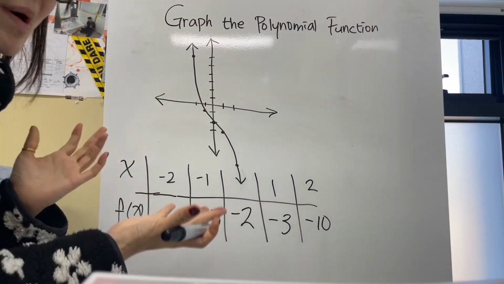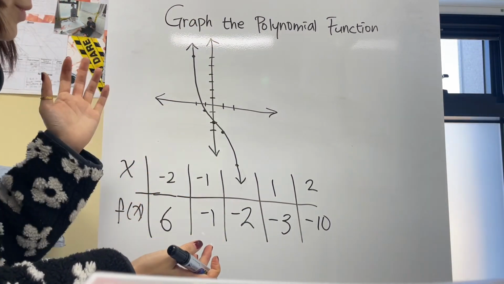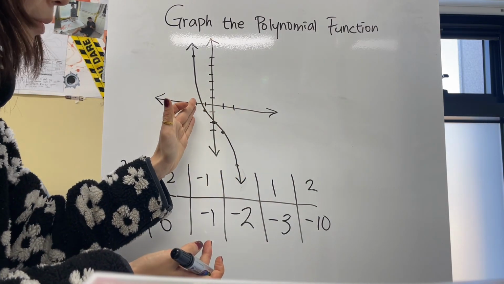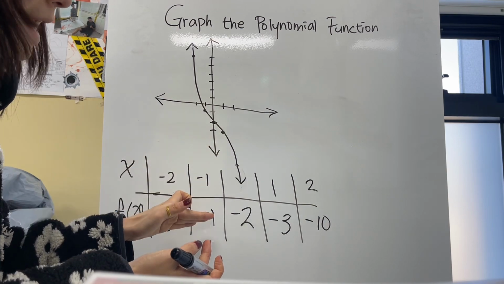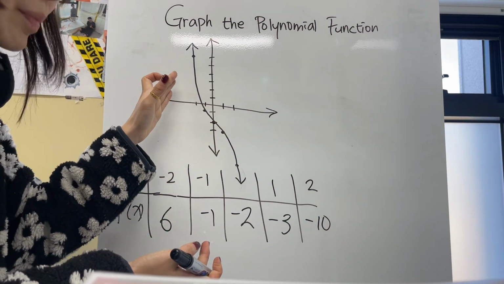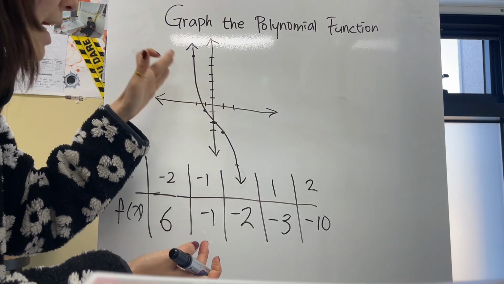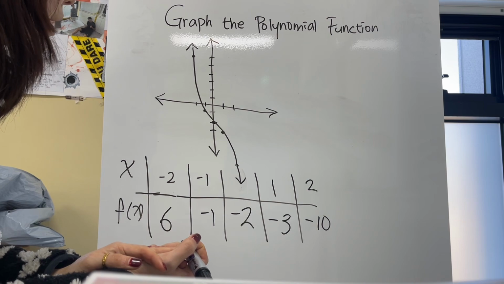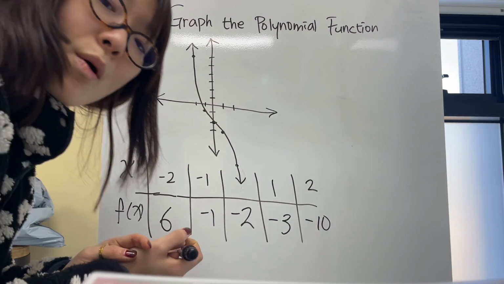And what did we say about our end behavior before? We said as x value approaches positive infinity, our y value would approach negative infinity. And as our x values approach negative infinity, our y value would approach positive infinity. So voila,